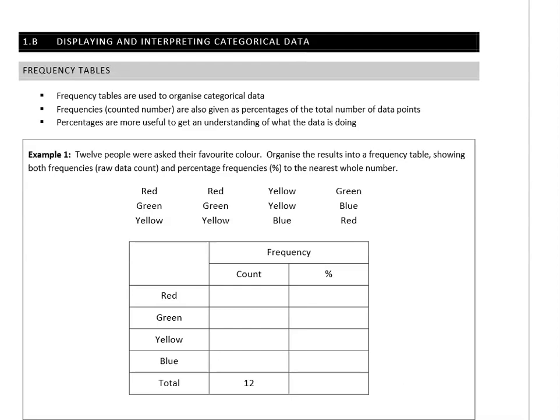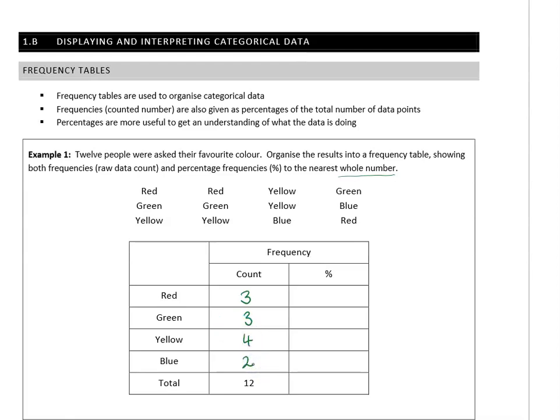So as simple as with the example one here, we've got 12 people were asked their favourite colour, and we want to organise those results into both raw frequencies, so the count, and then also the percentage frequencies, giving your answer to the nearest whole number. So make sure you always take note of what level of accuracy as well. And so here we're simply counting. So I can see from the results there, I've got 3 red, I've got 3 green, I've got 4 yellow,